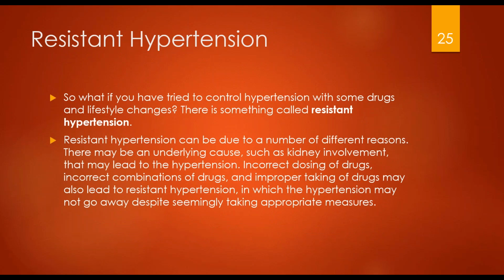So there's resistant hypertension as well. So if a patient has done everything that they have ever heard of, they've made all these lifestyle modifications, they have been taking medications, they've not only been just taking 1 or 2, but they've taken 3 medications, and they still have hypertension. It's possibly because they have an underlying medical cause, like a tumor, like we mentioned earlier, or